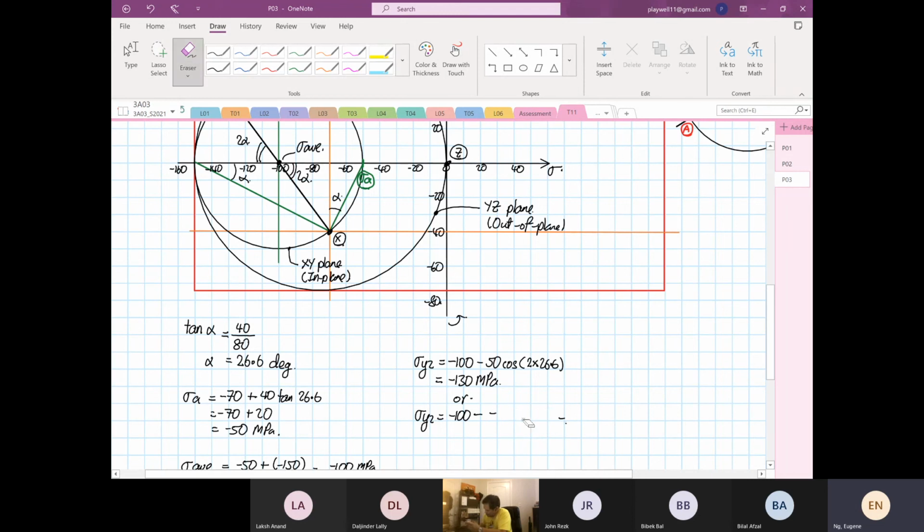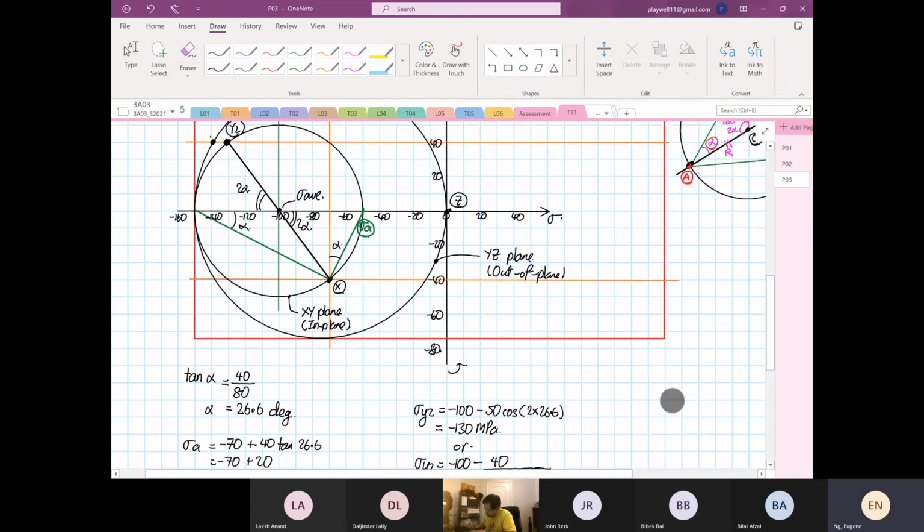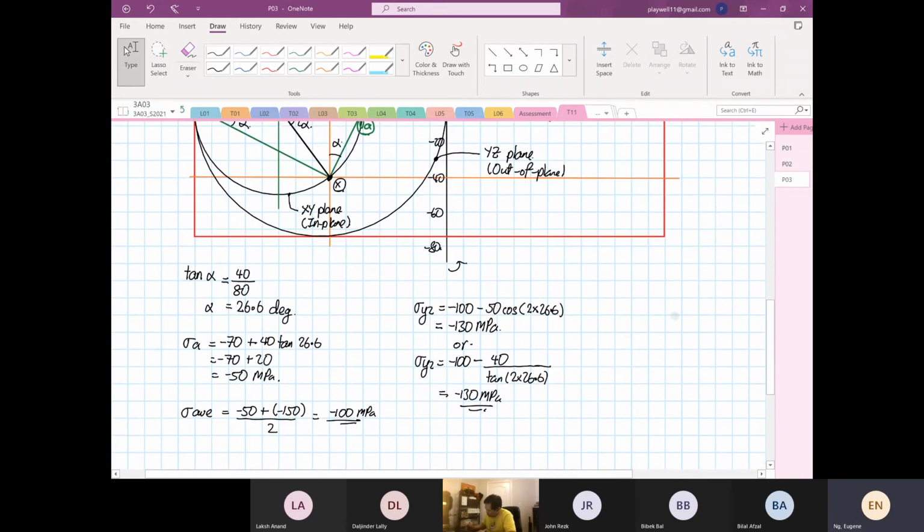Sorry, this is 40 divided by tangent 2 times 26.6. So this will be equal to 40 divided by tangent bracket 2 times 26.6 close bracket, so plus 1. So it's also equal to minus 130 megapascal. Okay. So the other possible value